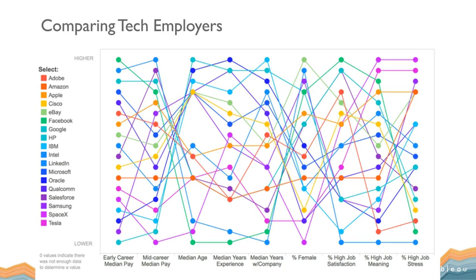Okay, so you could just title it Comparing Tech Employers. There it is. There's the data. You've got some employers like Facebook in dark blue that have lower median age and higher percent female and so forth. Or you can have others, perhaps like IBM, that have the opposite of that. And someone can just play with the data and figure it out for themselves, right? Go ahead, explore. There you go. It's all yours.